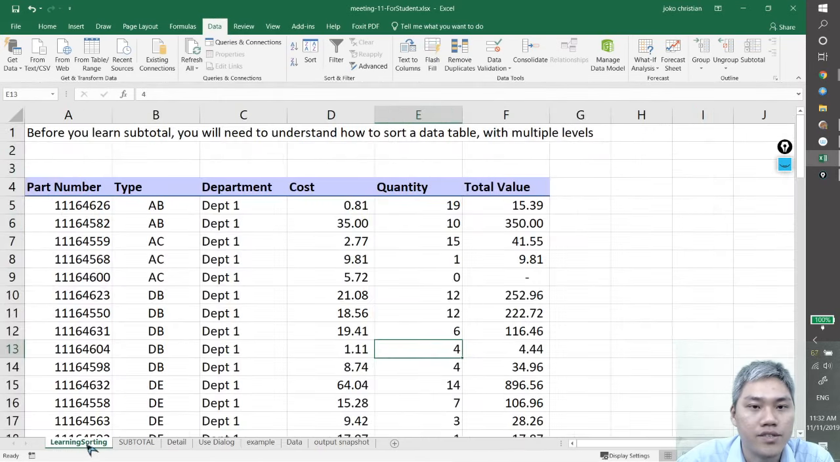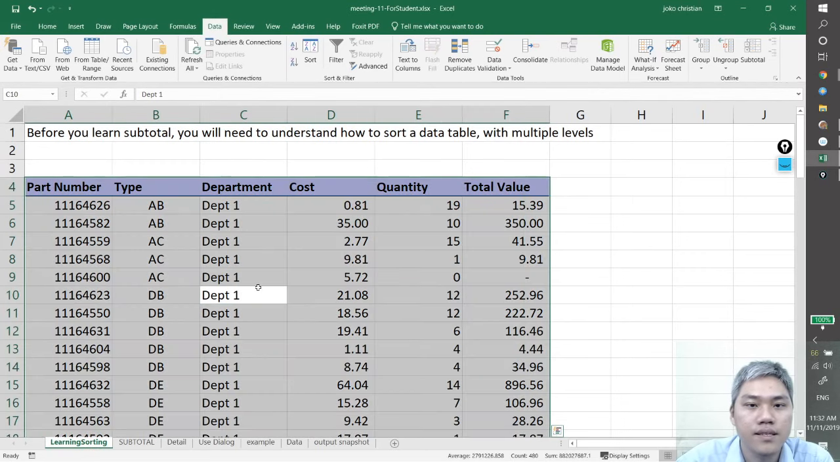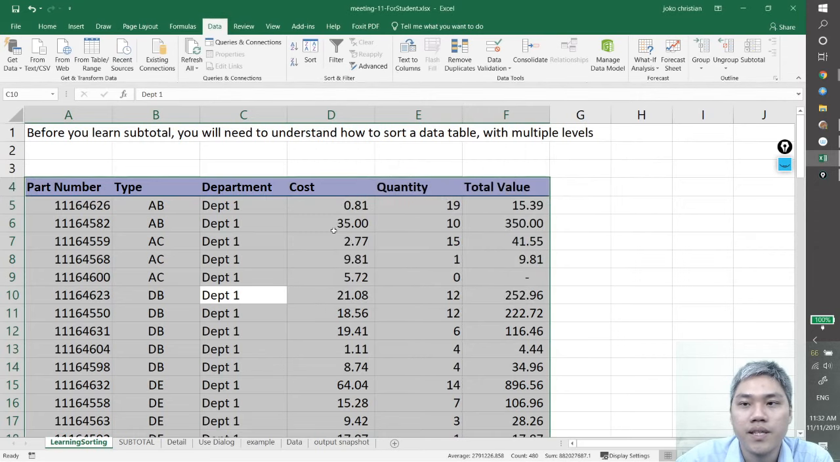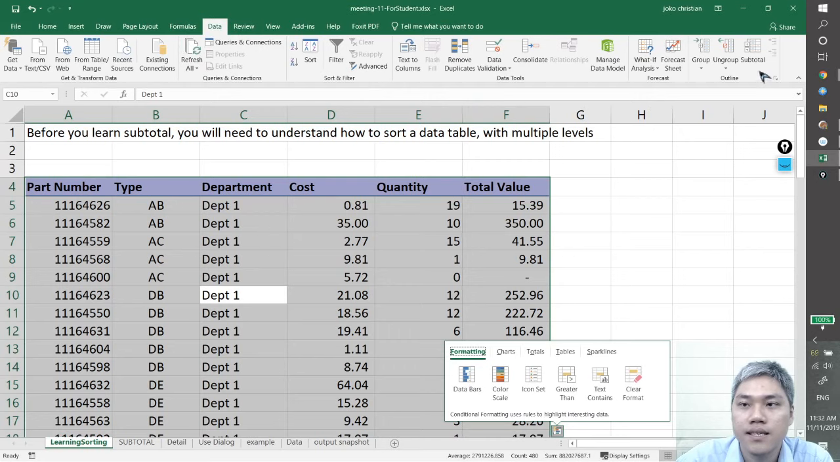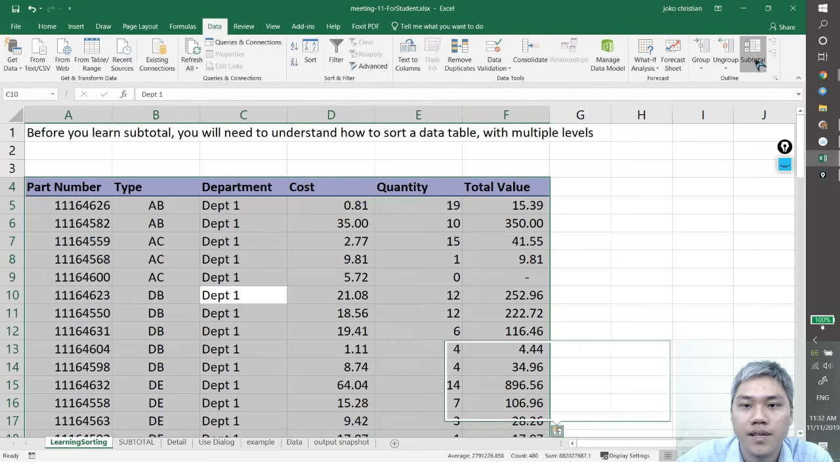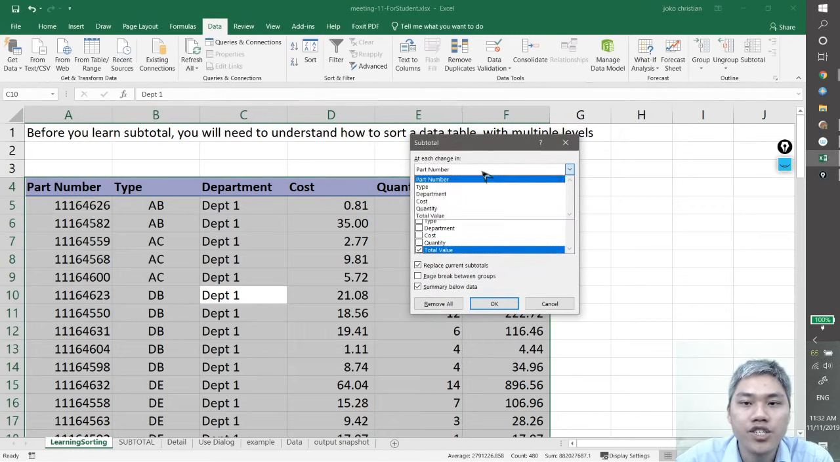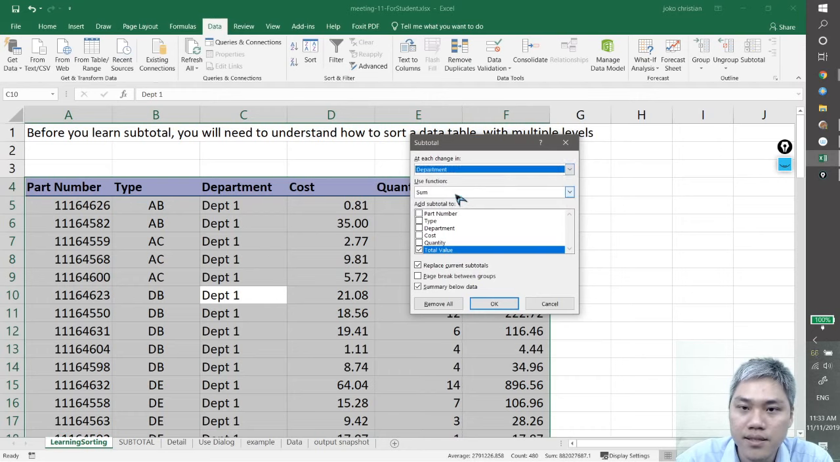From this table, I select all and sort it by department. I don't need any other level yet, so I'll just delete the other levels. Department, and then I select the menu Data, Subtotal. Click Subtotal. Now, for each change in what? For each change in type, department, because we want to show the average of each department, we select at each change in department,